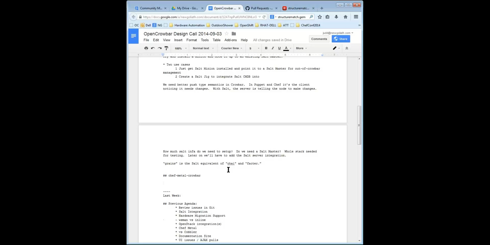What Chef Metal lacks is a discovery process. It is just assuming that whatever driver you're using, and a driver could be any source of virtual machines like anything supported by Fog, which would be AWS or Rackspace or OpenStack,